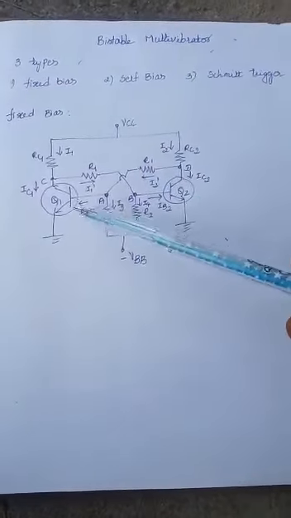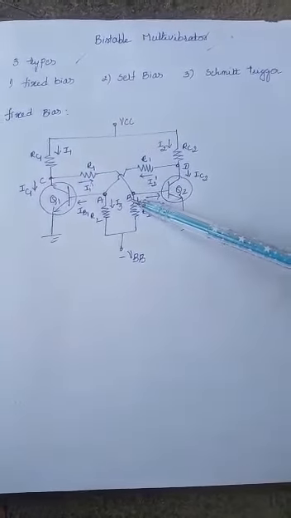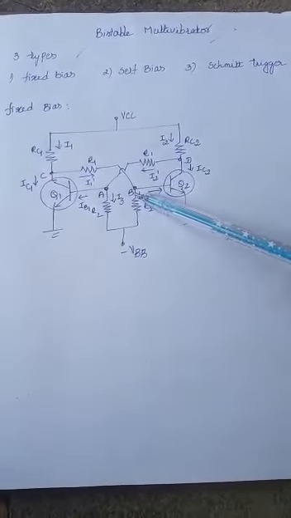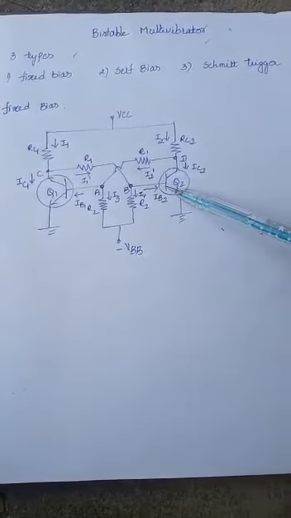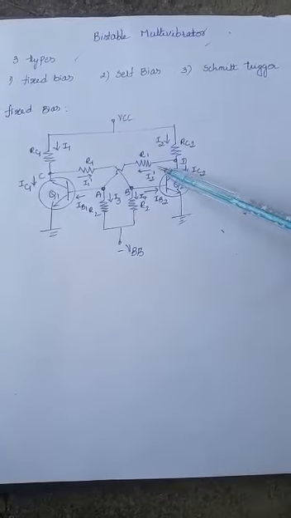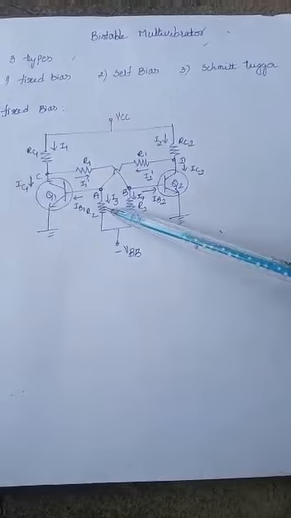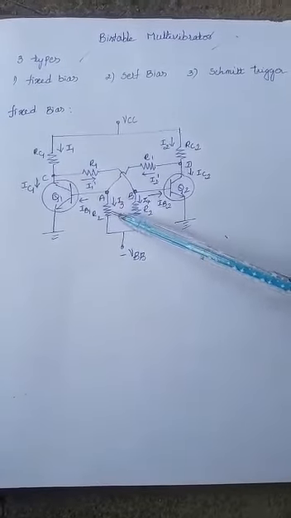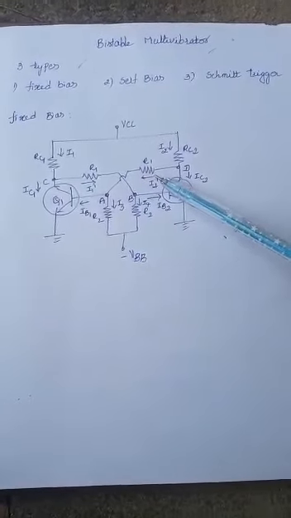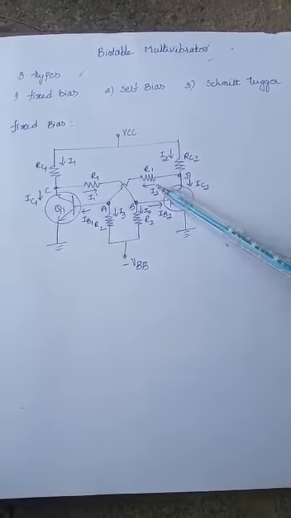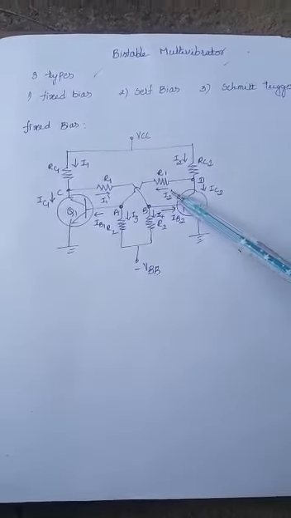The coupling element is connected from node C to node B here. So that coupling element is a resistor. That means a resistor is going to connect the output of Q1 transistor to the input of Q2 transistor, whereas the resistor R1 is connected from the output of Q2 transistor to the input of Q1 transistor. So in this multivibrator, the two coupling elements are resistors. So the output of this bistable multivibrator is in between plus VCC and VCE SAT.